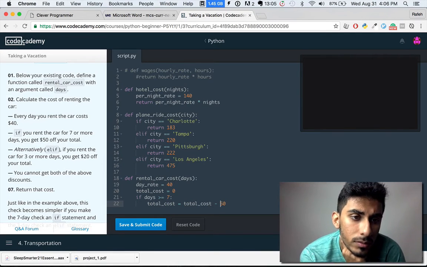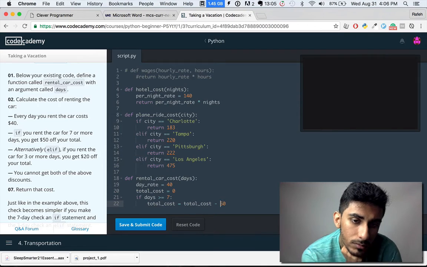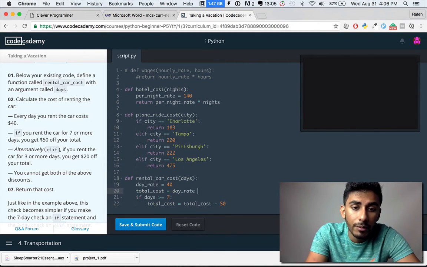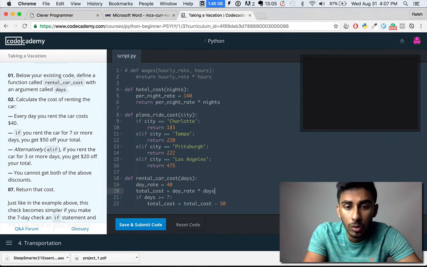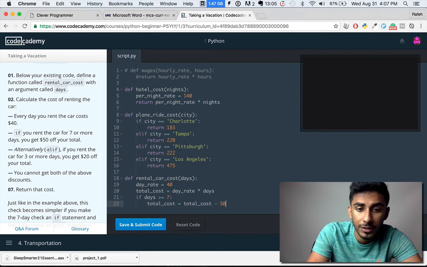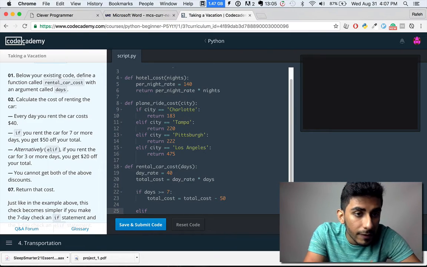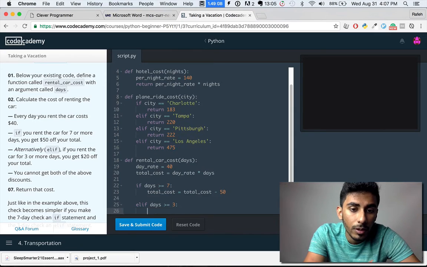Okay. Total cost, we're going to do day rate times days. All right, that should be our total cost. And then we're going to subtract $50 from the total cost if the rented days was greater than or equal to 7. Okay. And else if you rent the car for 3 or more days,